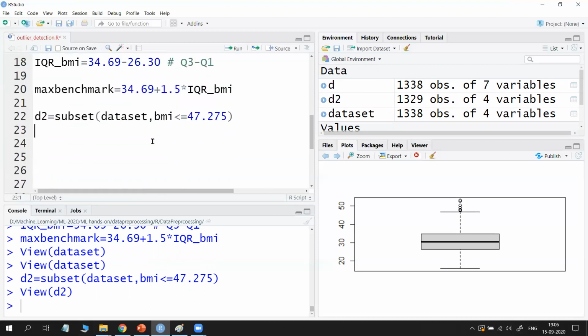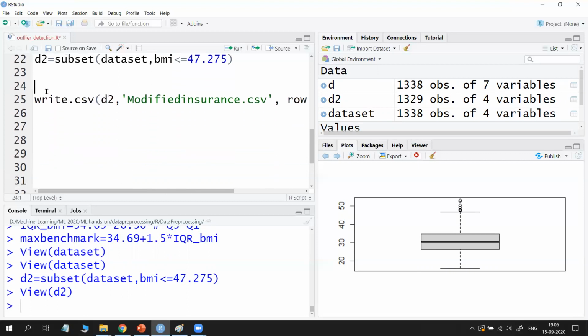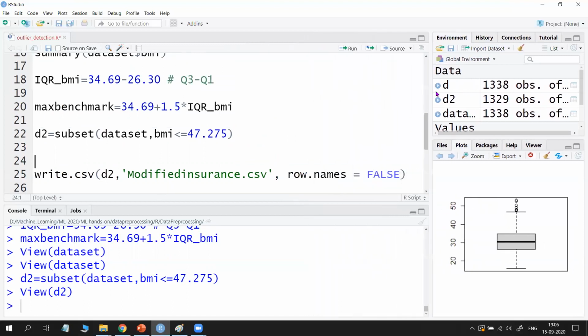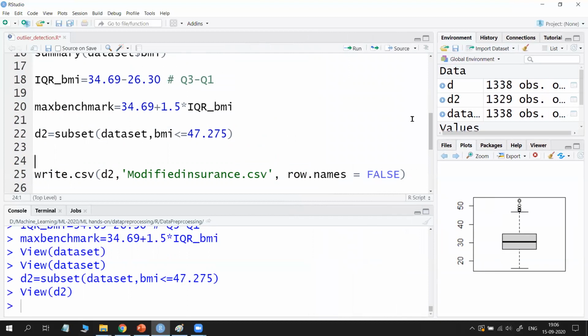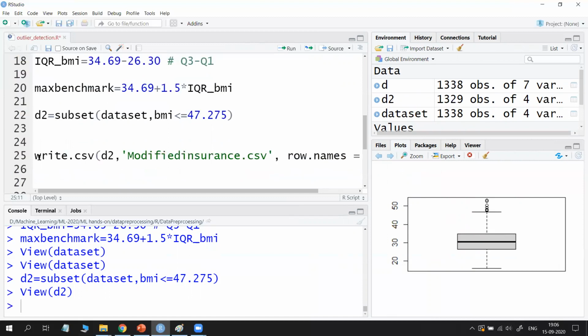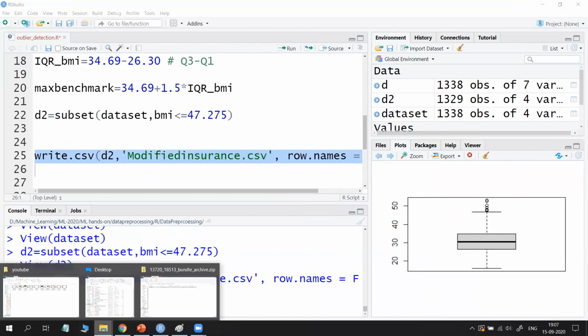So you can also see it by using this command. What is this command? If I want to show you the output, I will show you in the Excel sheet. That means now I am saving this data set into an Excel file, CSV. For that, we used write.csv. Write.csv has also been explained in my previous videos. After applying all these modifications, your actual data set is not modified. If you want to get another CSV file, just use write.csv of D2 to modified insurance.csv. Run it, and a CSV file is created in your folder.